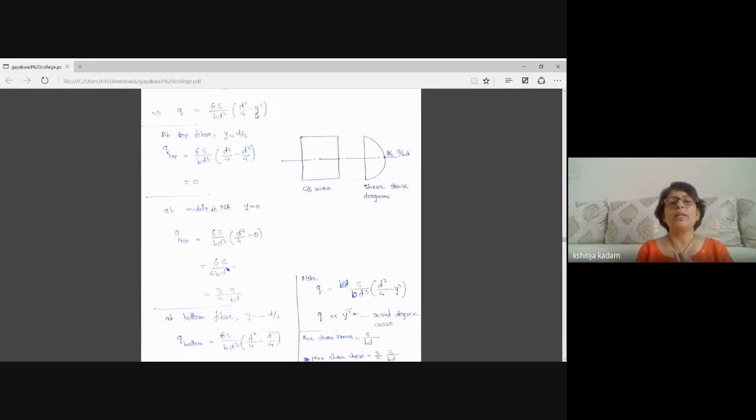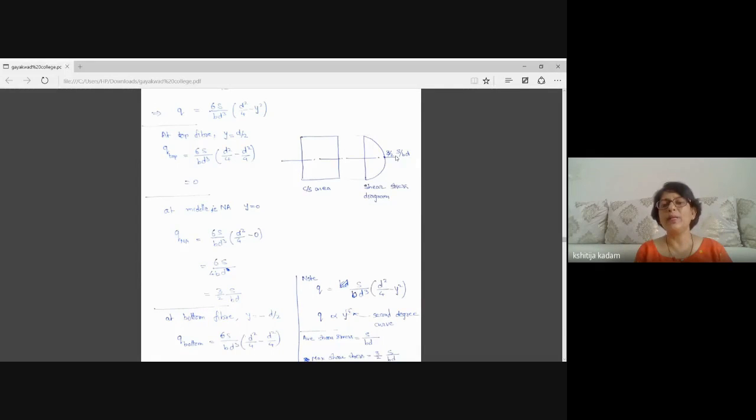But whether Y is positive or negative, it doesn't carry any meaning because I am taking the square of that Y. So the diagram will be symmetrical about the neutral axis for this rectangular area. So this will be the shear stress diagram across the thickness. You can say it is a second degree curve, a parabola. It has 0 values at top and bottom corner and maximum